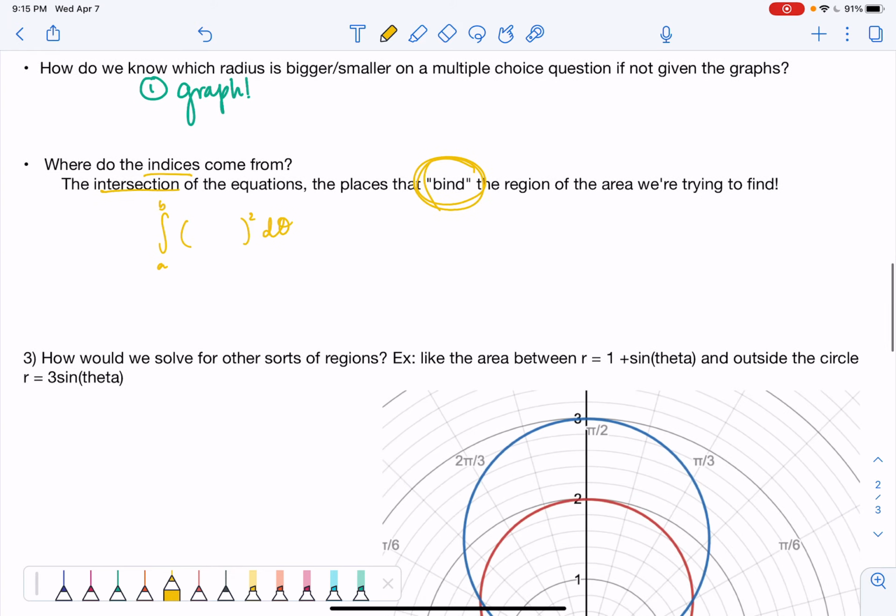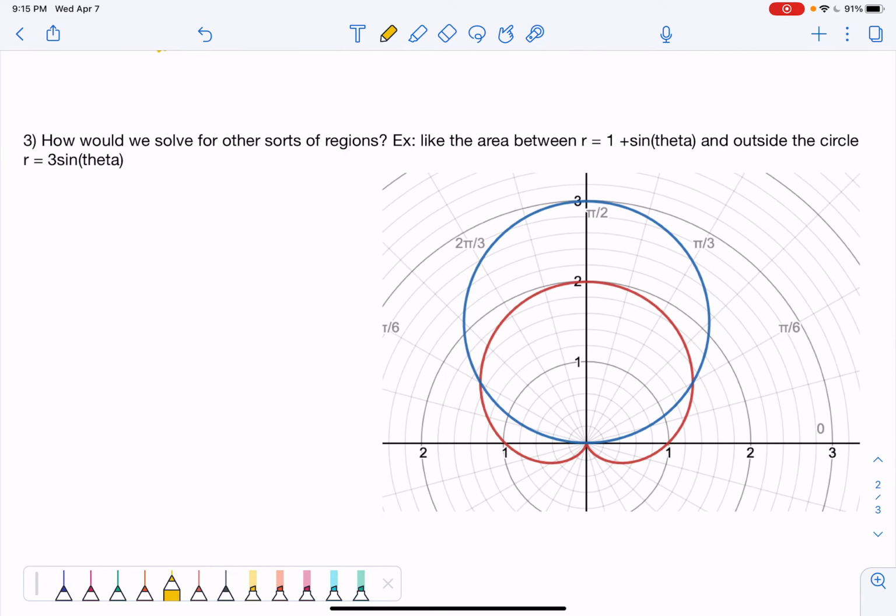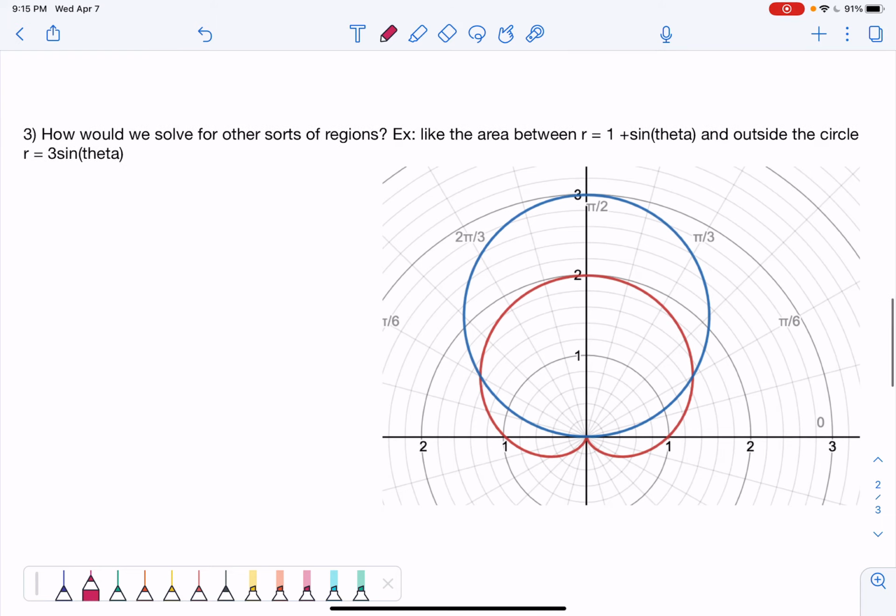So for example, if we wanted to find the area between 1 plus sine theta, yellow is bad, let's use red, and outside the circle 3 sine theta, so outside blue but inside red,